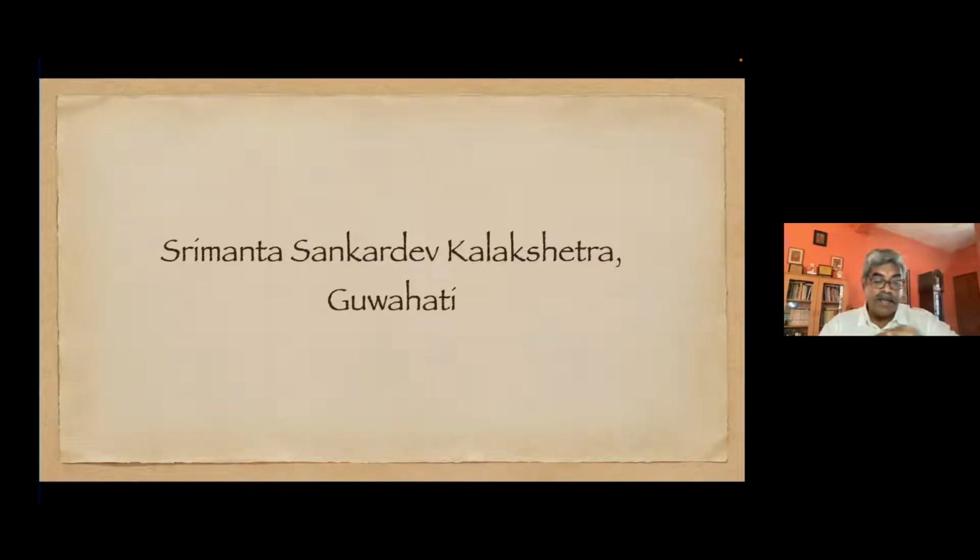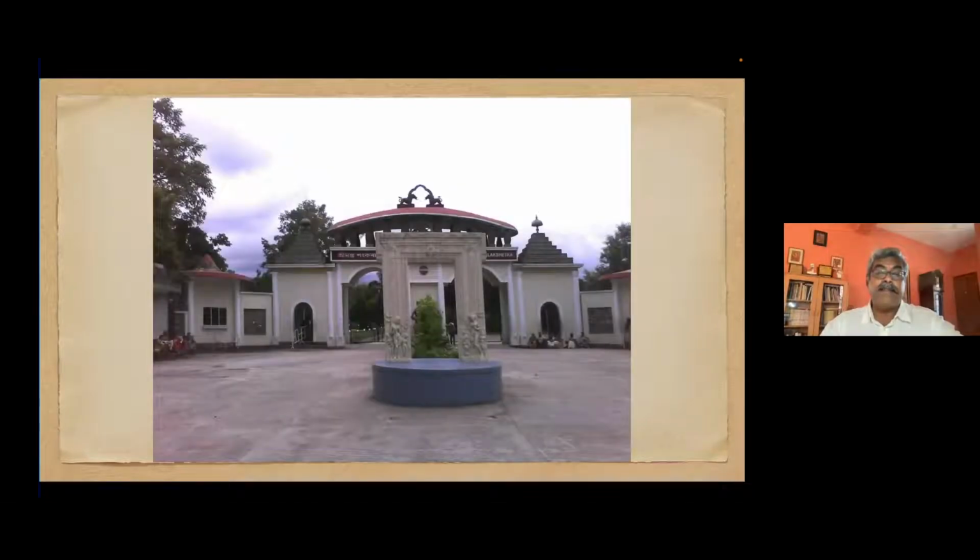Next destination would be the Srimanta Shankar Kalakshetra. Srimanta Shankar was a 16th century Vaishnavite philosopher, saint, and Assamese polymath, you can call him, who is known for his contribution to literature and other performing arts which you see in Assam today. And this is a Kalakshetra, a cultural landscape spread across an area of 17.5 hectares,